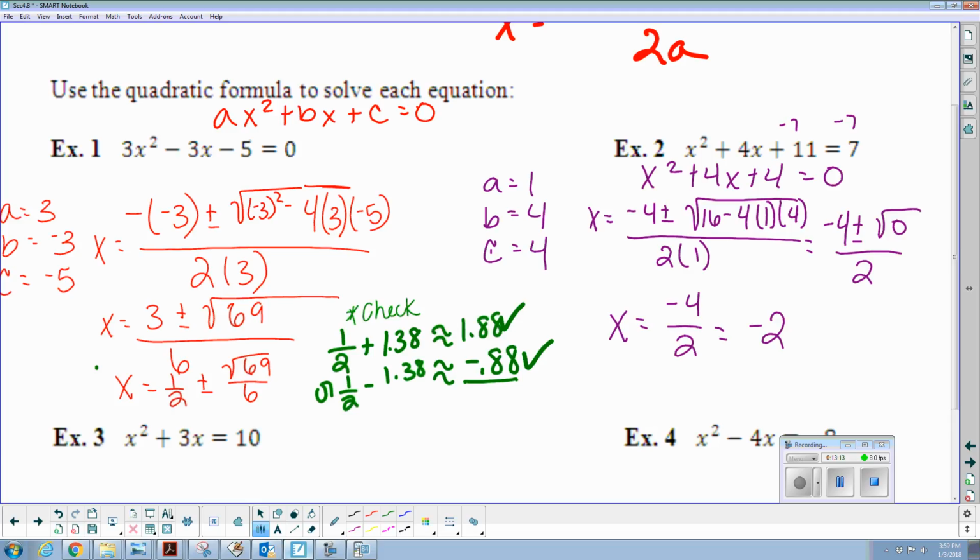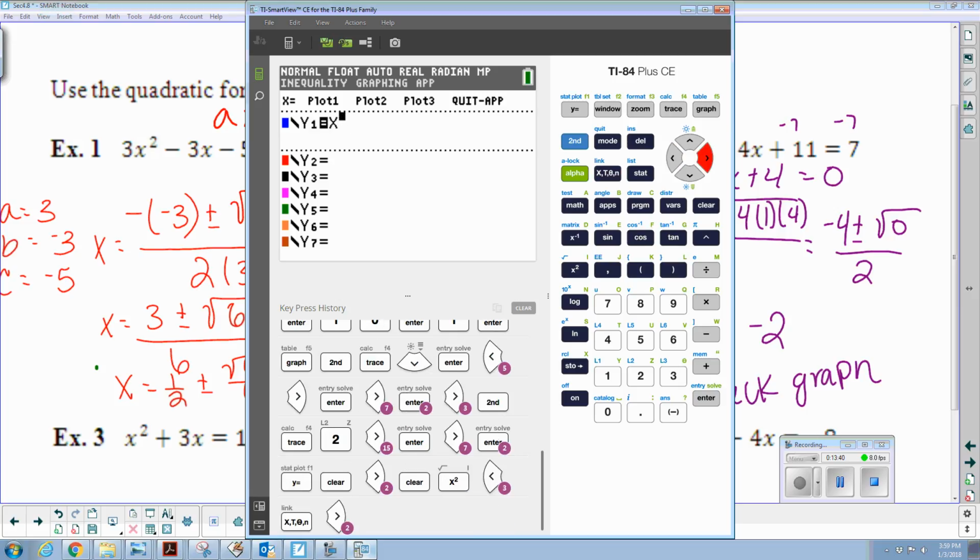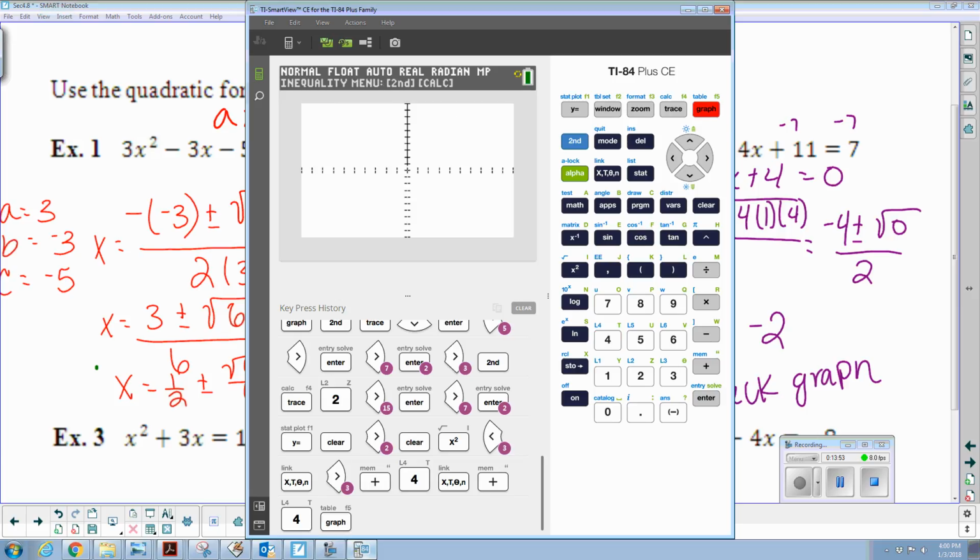So again, we're going to check by graphing. So if you go back to your graph, go to y equals, clear out what you already have in there. And go ahead and enter x squared plus 4x plus, remember to use your original equation or your standard form equation, and then go ahead and graph that, and you can calc, find the zeros,